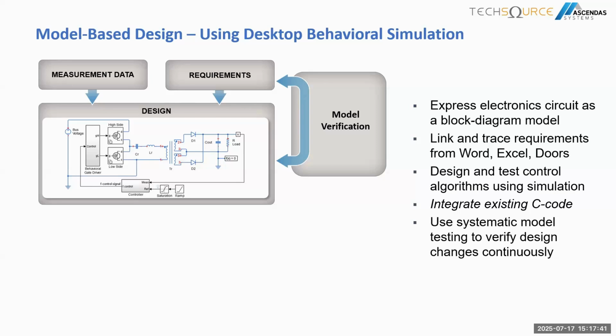These are just some examples of how we can link the requirements from our customers. And then from that, we do our design using the models that we have for physical systems design. And then from there on, we do the design and test for, for example, control systems, supervisory algorithms, or control systems using simulations.